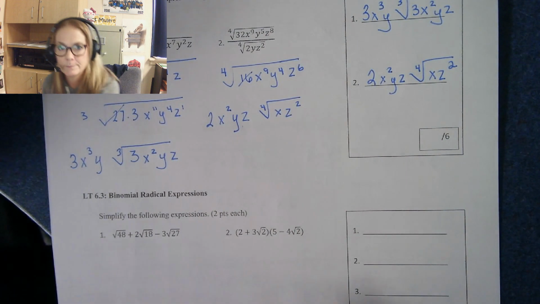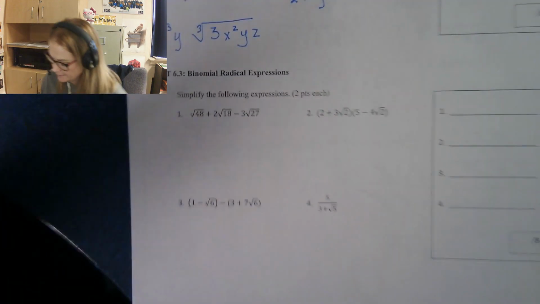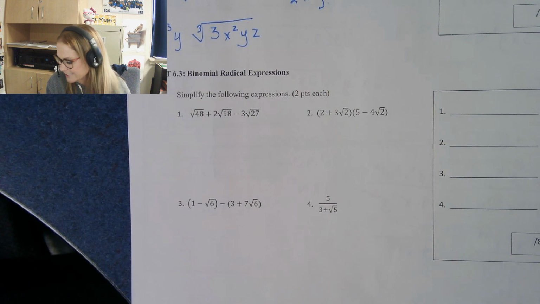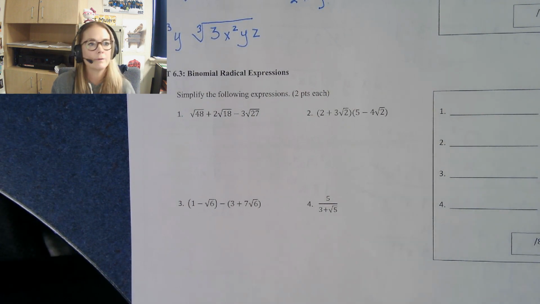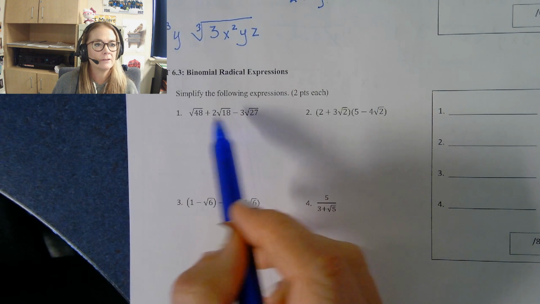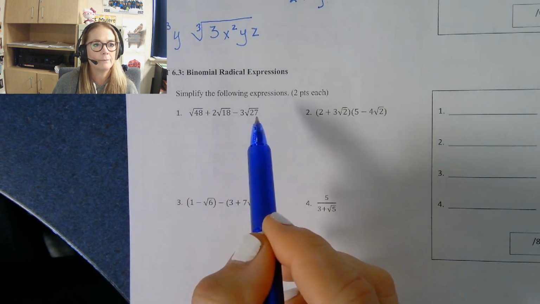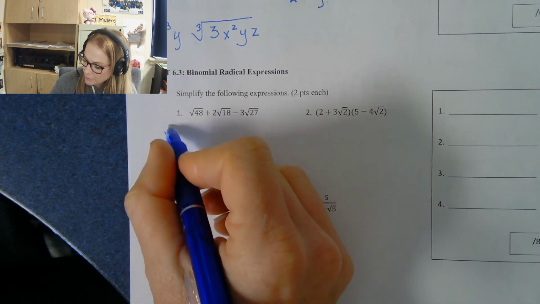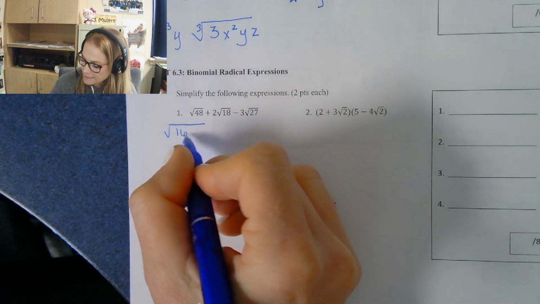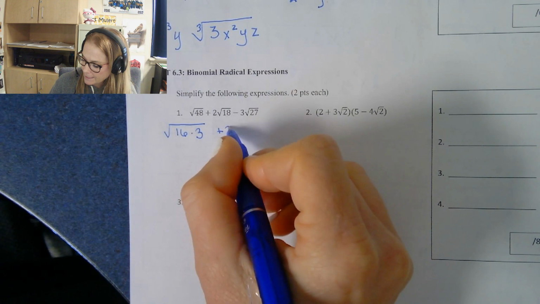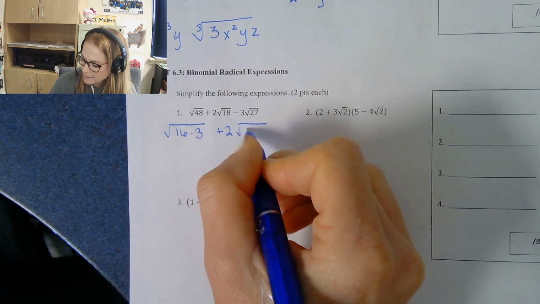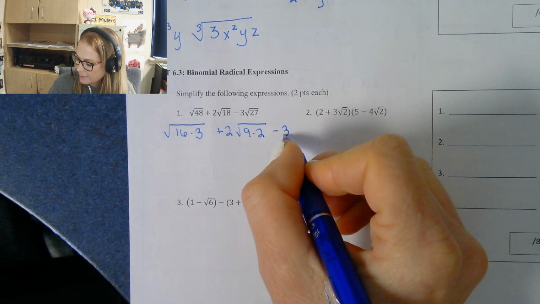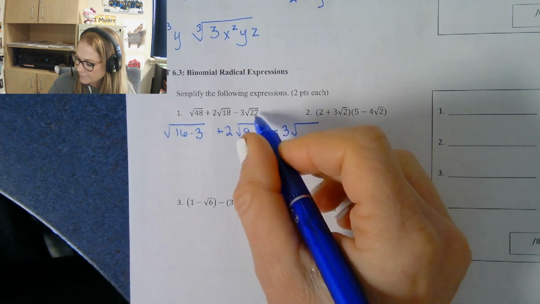All right, on to 6.3. 6.3, simplifying binomial radical expressions, or just adding and subtracting here, just lots of work with radicals. So when you add or subtract, they need to be like radicals. These don't really appear to be like radicals, but once I simplify, maybe they will be, so we want to simplify first. So I'm going to think of 48 as 16 times 3, and 18 as 9 times 2, with 3 on the outside, and I want to think of 27 as